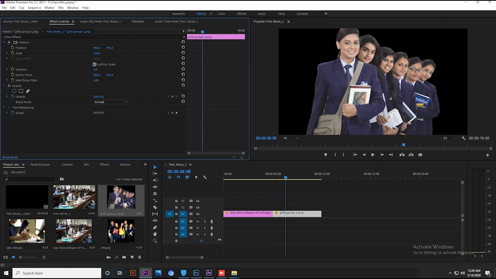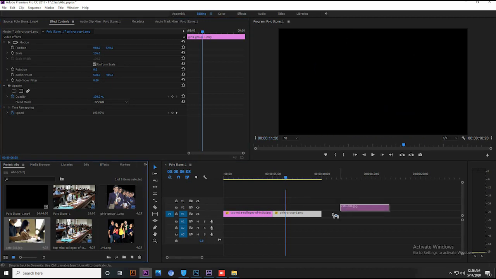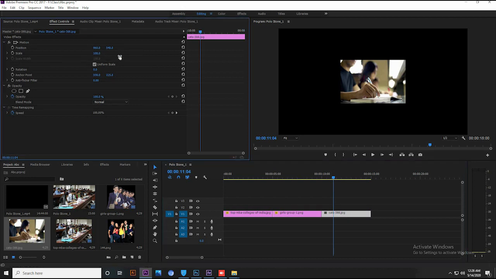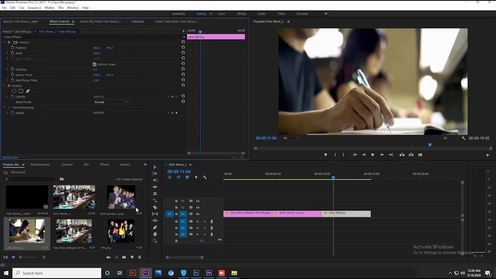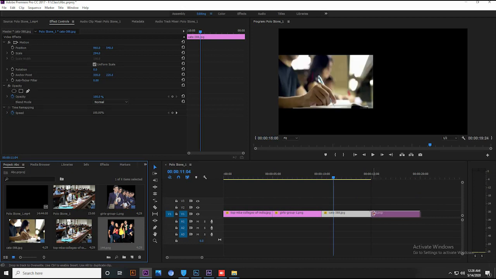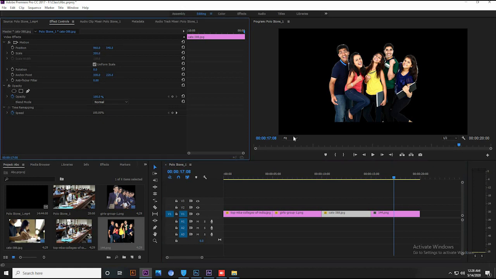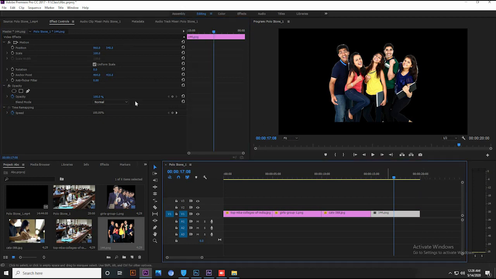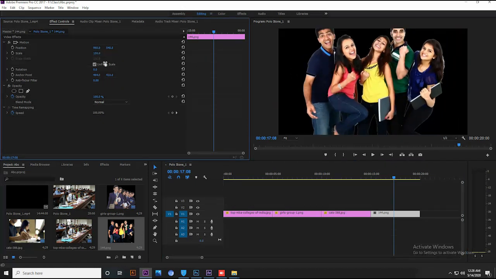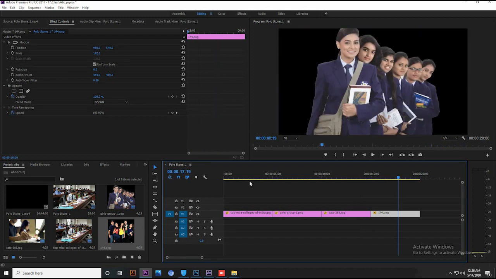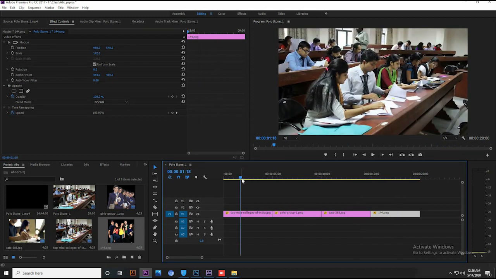Again I'll add one more image, say this one. I'll select it, I'll increase the size. I'll go and add my next image. Select it, then scale it. So all the pictures are added, and as we told, these images, just one image, the next image, it won't